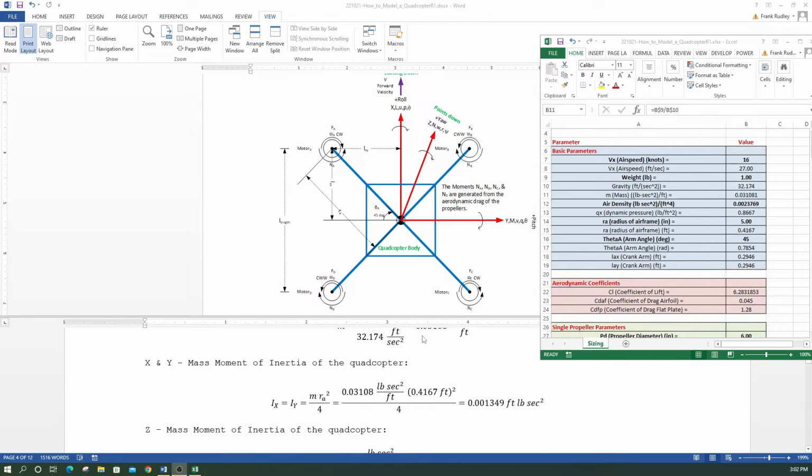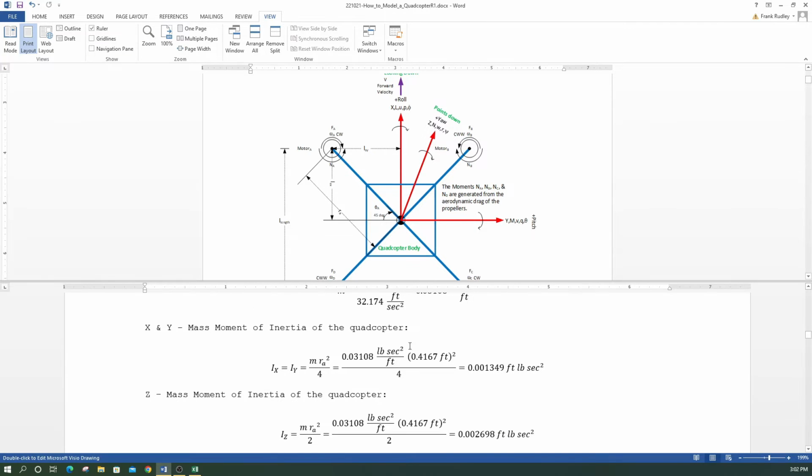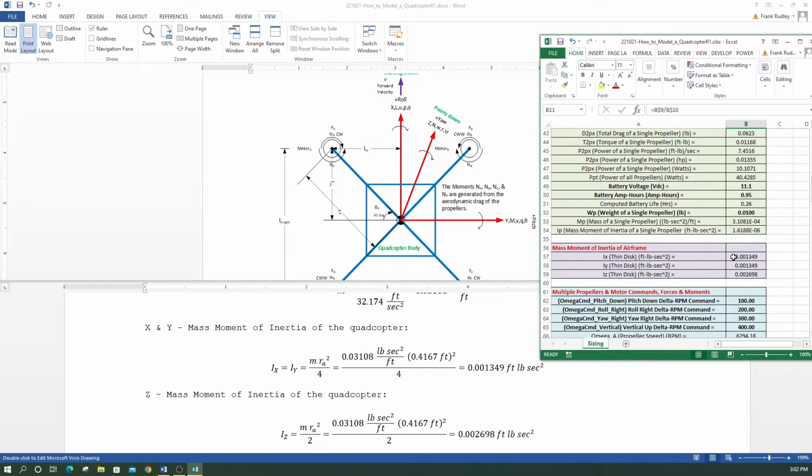The next thing that would be good to compute is the moments of inertia, so we're going to do that now. I'm going to go down on the spreadsheet a little bit. We're going to compute our X and Y mass moment of inertia of the quadcopter. That's our IX and IY, and that's going to be the mass times the radius squared over 4. We have that also in our spreadsheet: the radius squared times the mass over 4. And so we get a pretty small number. The units are foot pound second squared. So for IX and IY, we get